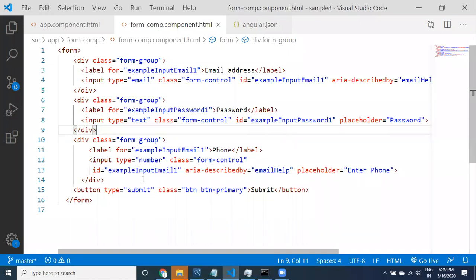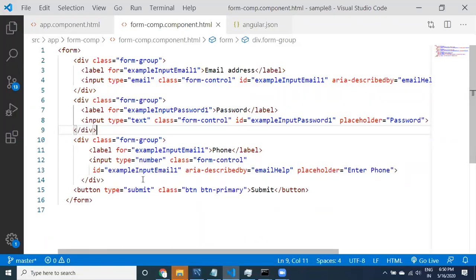Of course, this is not a simple thing right now. If you know the concept of two-way binding, then it is easy, guys. Actually, we don't know two-way binding yet. Without knowing two-way binding, we have to bring the data from this form to the form component class.